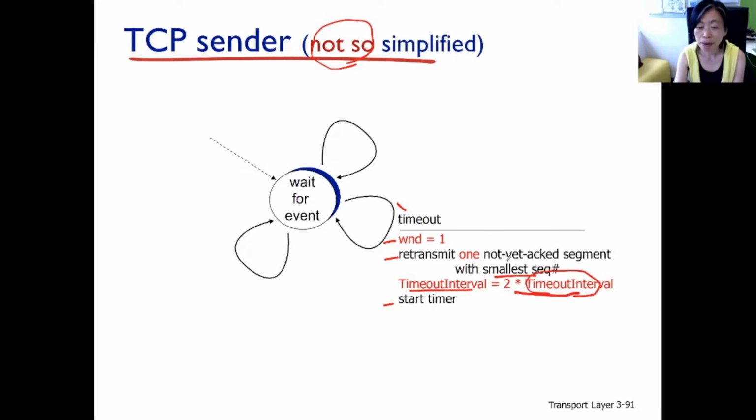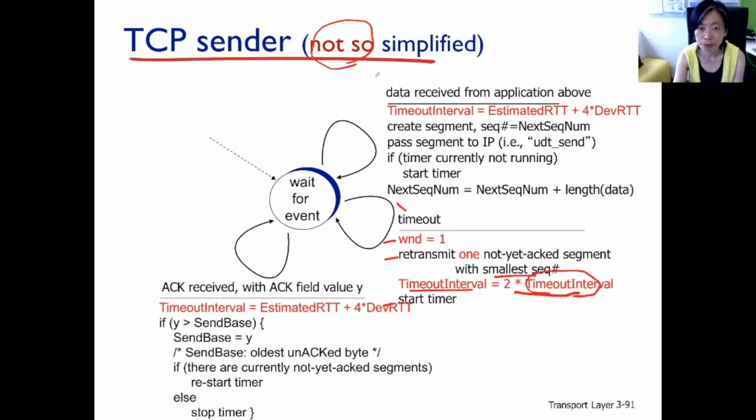Yeah, the current timeout interval is set here and here: in the transition where we get a call from above, and in the transition where we receive an ACK packet from below. So you see the timeout interval is calculated this way. This is what all those slides were saying, right? This is the equation we came up with: the average round-trip time plus 4 times the deviation of the round-trip time. Okay. Now, back to the timeout event.